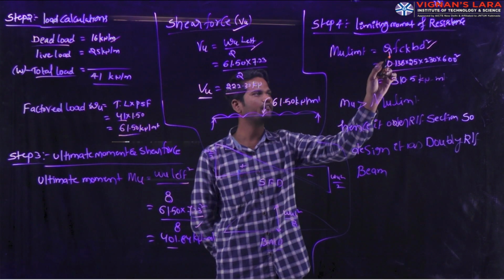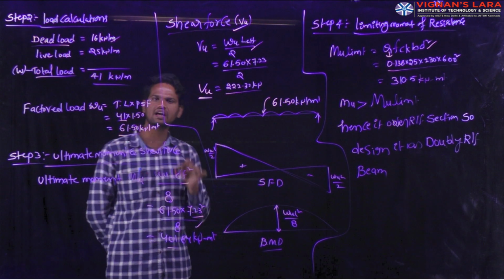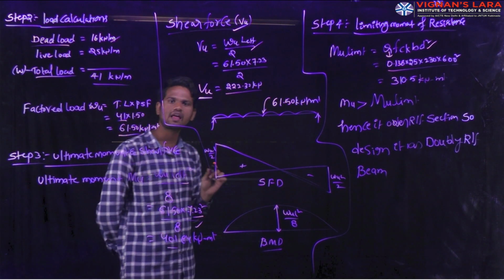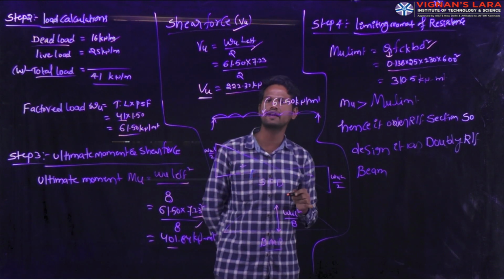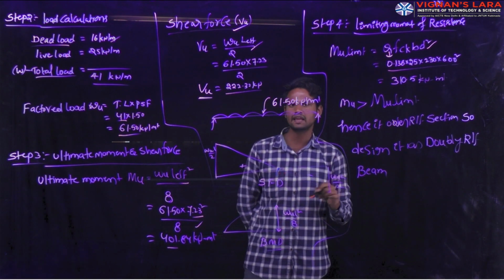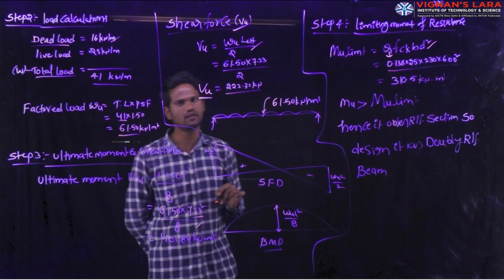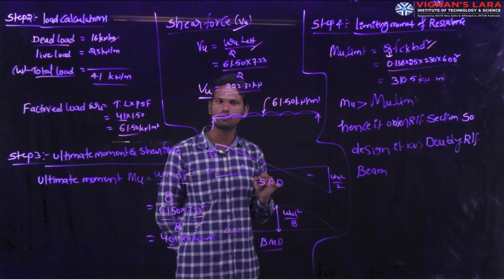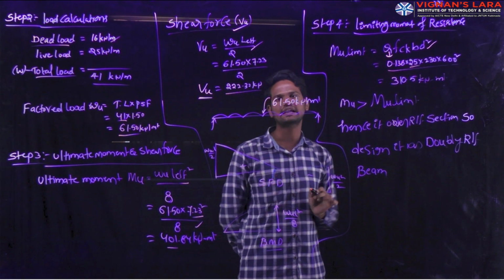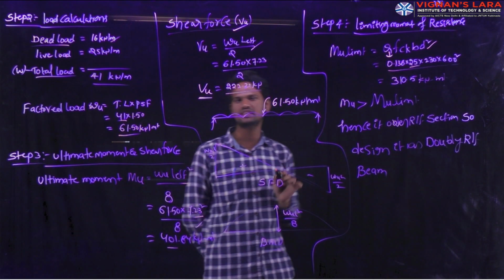Q is the value we calculate based on the grade of steel we are using in the concrete. Whether you are using Fe 250 grade, Fe 415 grade or Fe 500 grade, based on the grade of steel we have to keep this value as 0.138 for Fe 415, 0.133 for Fe 500, and 0.148 for Fe 250 grade of steel, where fck is the characteristic strength of the concrete. Many people make mistakes between fck and fy values.